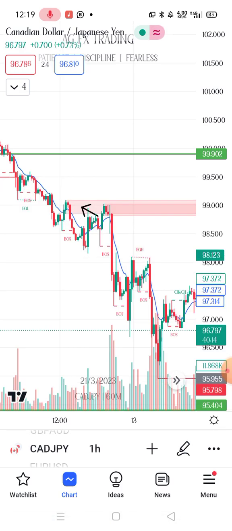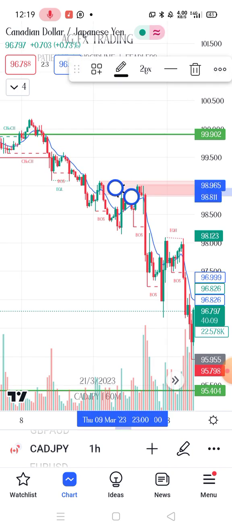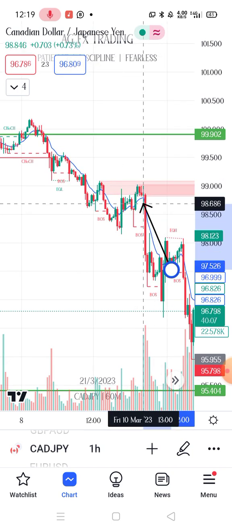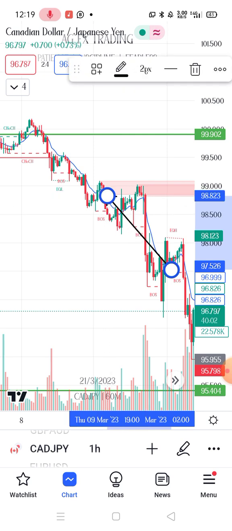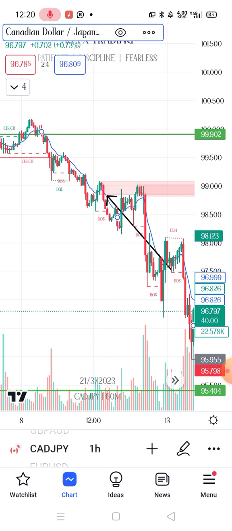Now you see, something you should take note of. You shouldn't wait till this comes here, till it hits this, before you start making another block. Once you see this already, you create another block for it. In what scenario should you create either a bearish or a bullish order block? You create a bearish order block